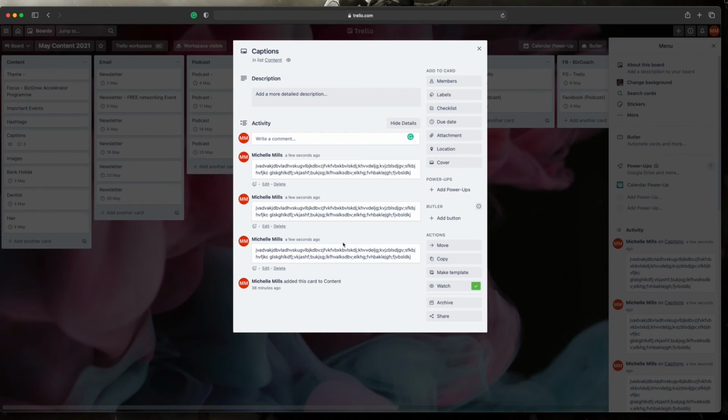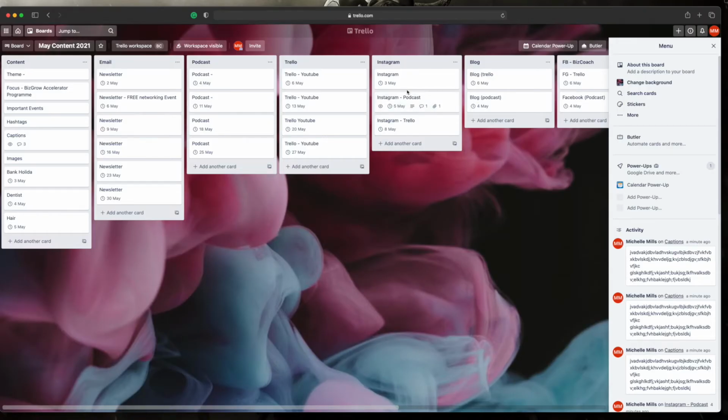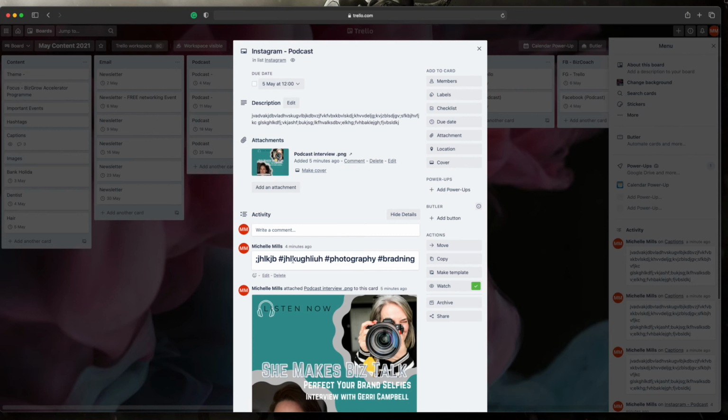So repurpose. It also works really well if I have used this caption on, say, Facebook, and then next week I'm kind of recycling my content for the next week. I can then go in and use that caption on Instagram and see how well it does over there. So we've done that with our captions. We're also going to do it with our hashtags